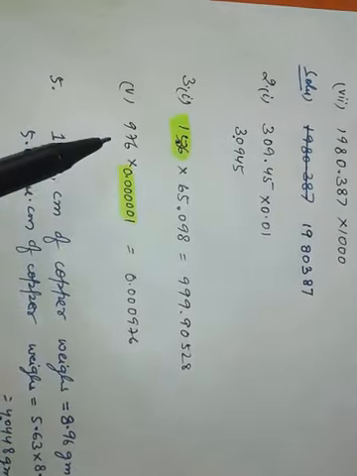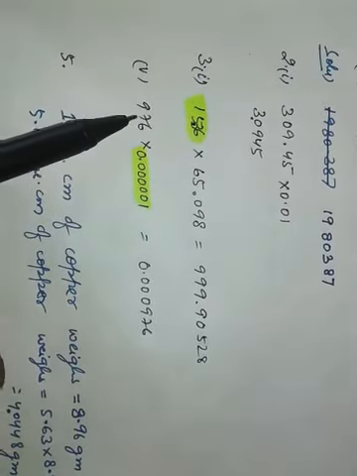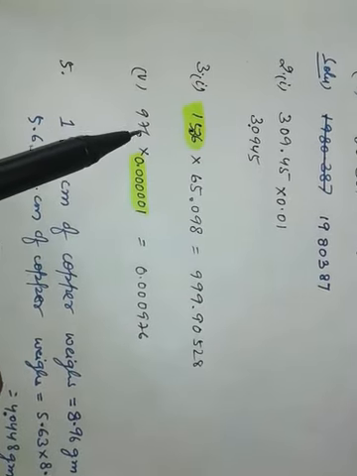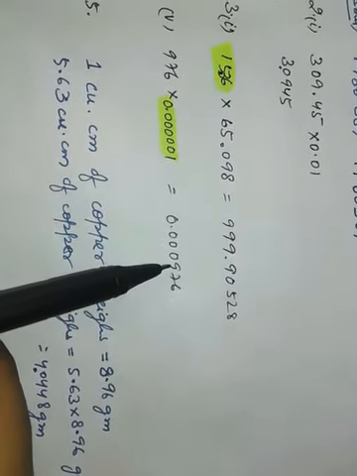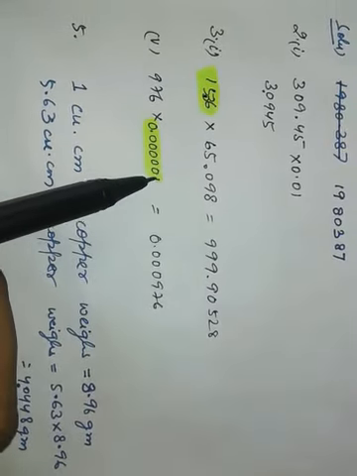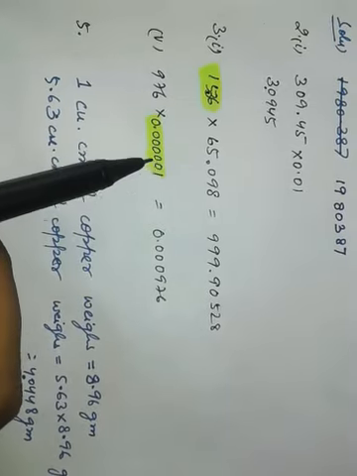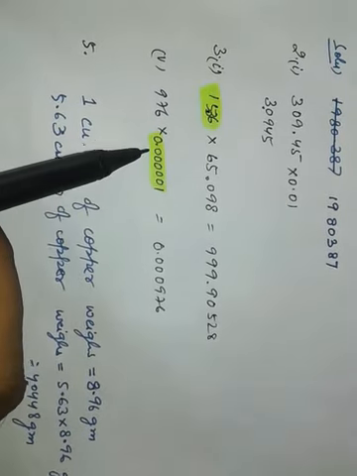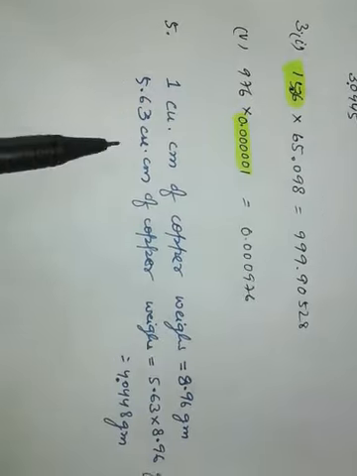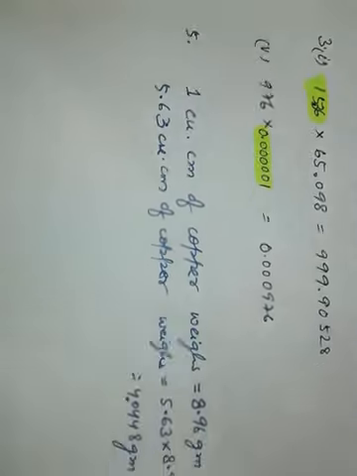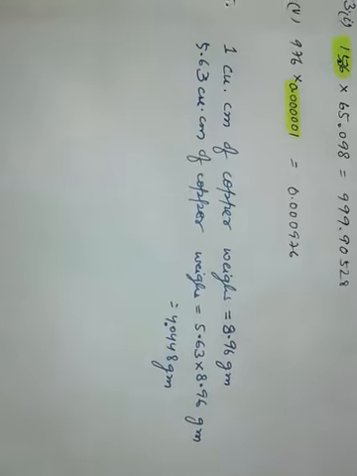Okay. Now in this case, 976 into 1, and here how many places are there? 1, 2, 3, 4, 5, 6. So after 6 digits we have to put the decimal here. After 1 we count it and we put it, because we have to put the decimal in 1, that's why. Now number 5 and 4 and 5 are word problems. So it's a very simple question.